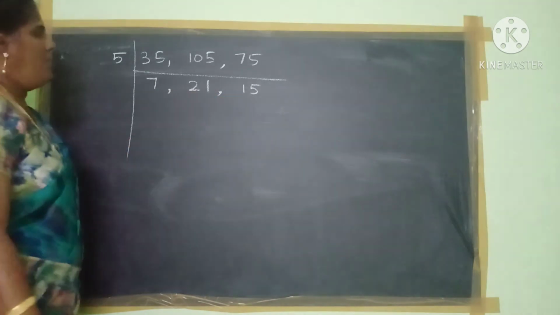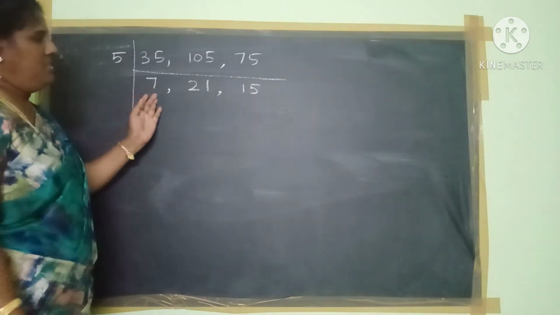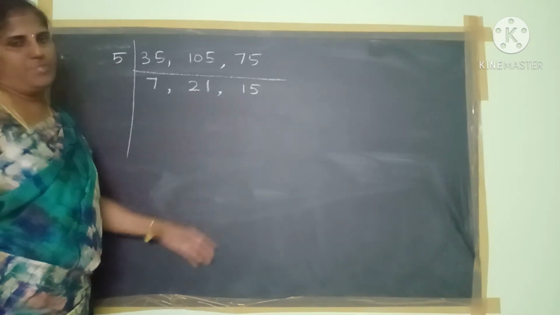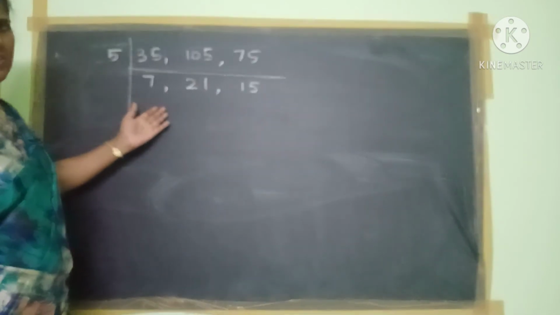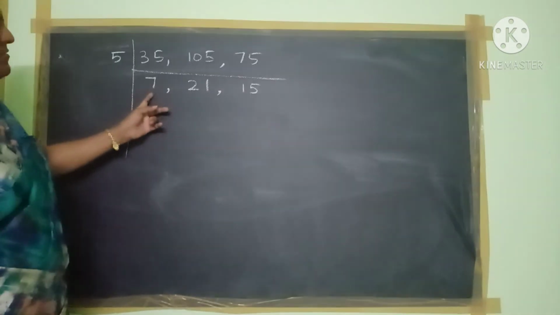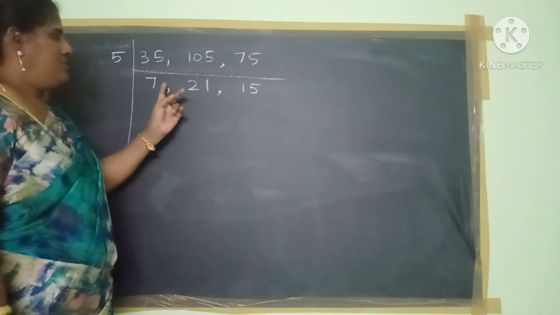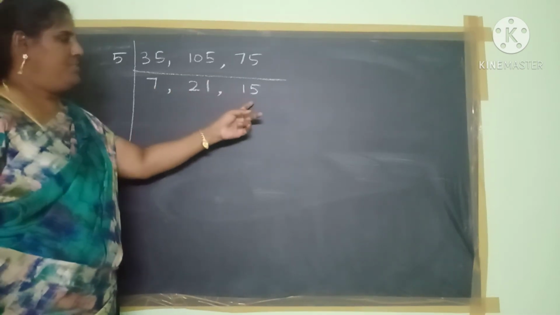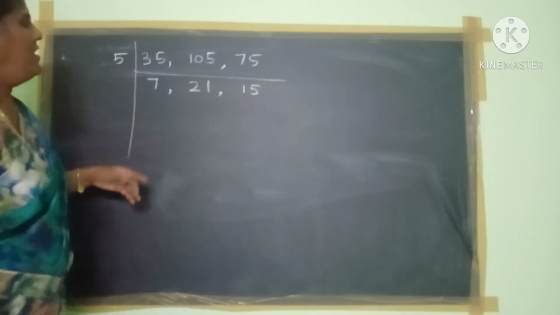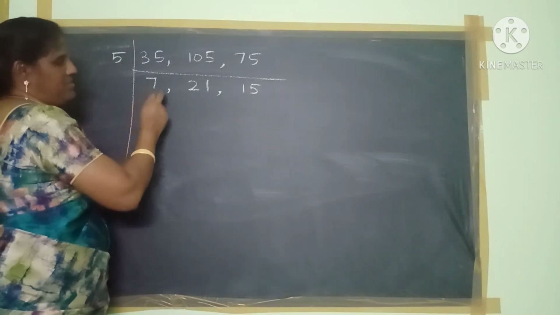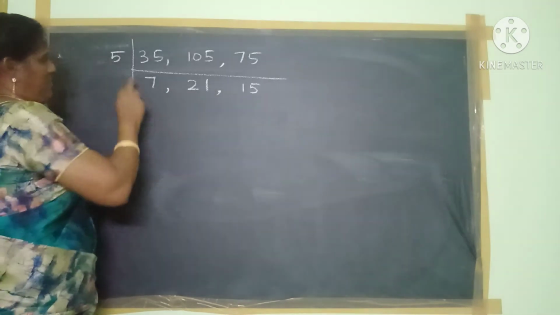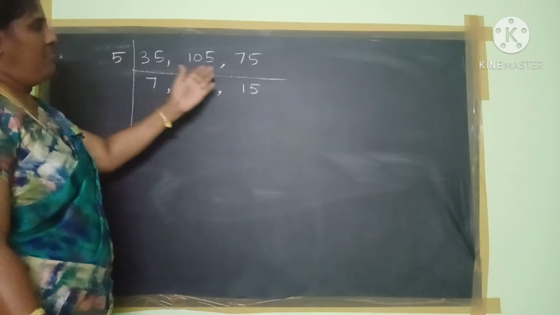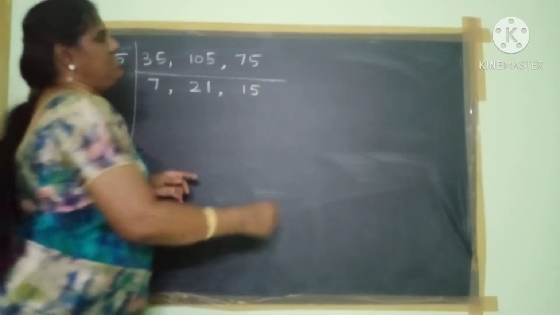Yes or no? Okay, see, in this table, which number commonly divides all the numbers, if there is any? No. 7 will come in 21, but 7 will not come in 15. 1 7 is 7, 3 7s are 21, but 15 will not come in the 7 table. So 7 is not equal to any other number. So what is the HCF of the numbers? HCF is the highest common divisor for all the 3 numbers. So here, HCF is equal to what?